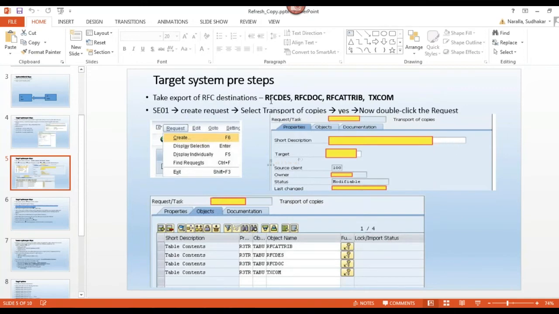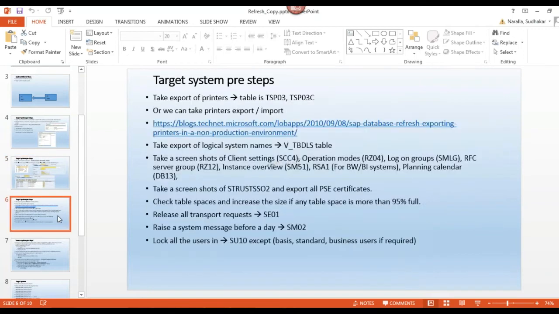Here, see: RFCDES, RFCDOC, RFCATTRIBUTES, TXCOM. Apart from this, TSP03 and TSP03C.